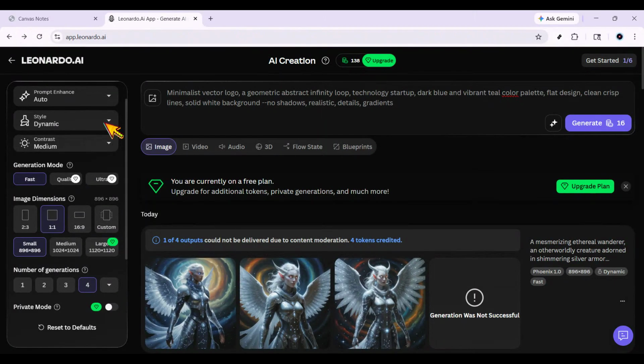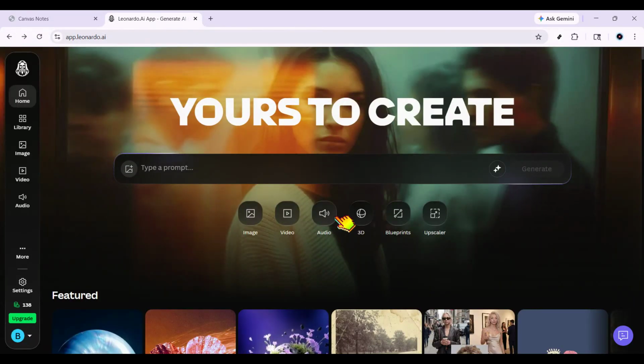Today I'm going to show you how to add an image in Leonardo AI step by step so you can use an image reference inside your generation workflow and get results that match your vision much more closely. Whether you want to guide the style, improve consistency, or use a previous image as inspiration, this is a really